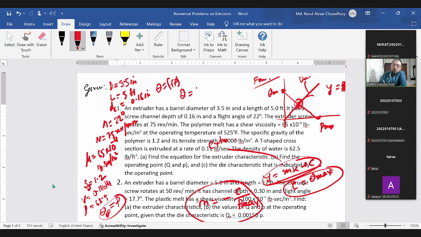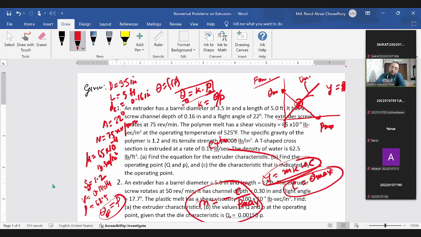কিউ ইজ ইকুয়াল টু কে ইন্টু পি, তাই না? ক্লিয়ার? এটা ডাই ক্যারেক্টারিস্টিক্স, কিউ ইজ ইকুয়াল টু কে ইন্টু পি। এখন এইখান থেকে আমরা কে বাই করব, কিউ বাই পি, এস কে ইজ ইকুয়াল টু কিউ বাই পি। এখন এই কিউ বাই পি কি? কিউ হলো কিউ অপারেটিং, পি অপারেটিং, তাই না? কিউ অপারেটিং এবং পি অপারেটিং। সুতরাং এই ফর্মুলা থেকে আমরা কিউকে পিতে কনভার্ট করলে কে এর ভ্যালুটা পেয়ে যাব।